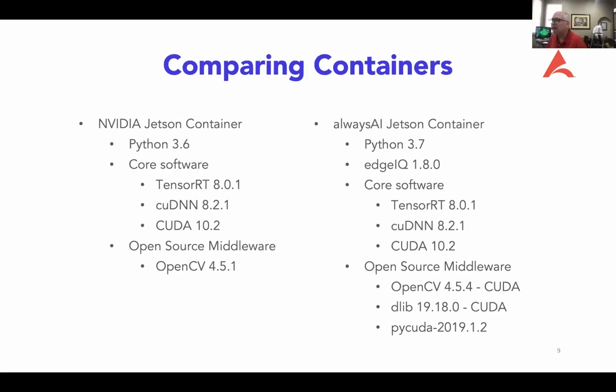The other enhancement we have is edgeIQ, our computer vision framework, is running in that container. And so we, of course, believe that's a big value add. The core software is going to be the same. But then we get down to open source. So we realize that developers in computer vision love OpenCV. And so we have the latest, most stable version that we see out there right now. And that's OpenCV